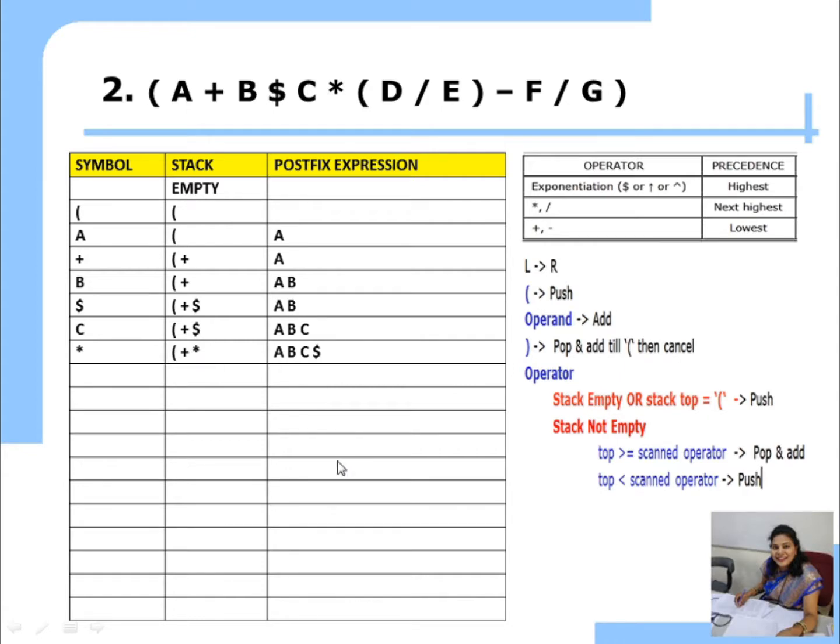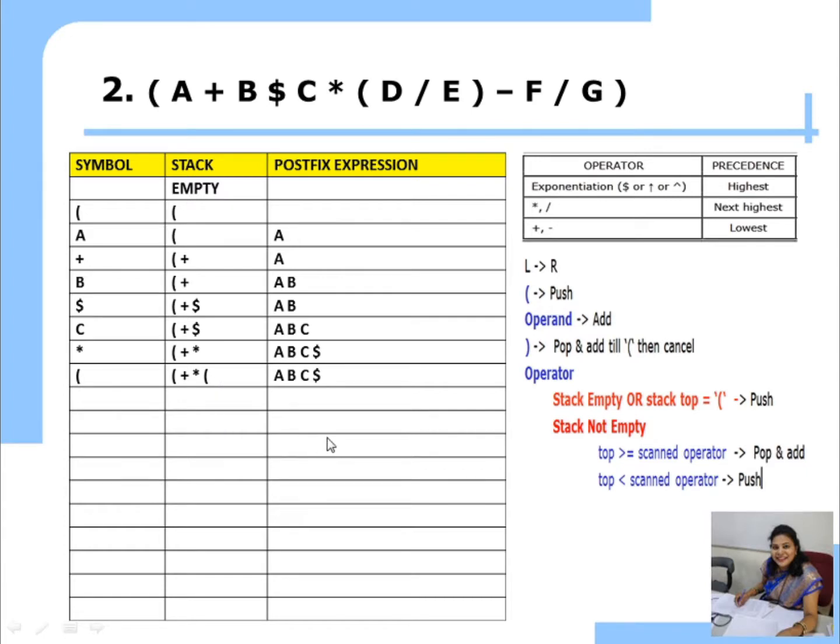Okay. The next, after multiplication, there is an opening parenthesis. So if an opening parenthesis is encountered, you are going to simply push it. So after pushing the opening parenthesis, your stack will be left parenthesis, plus, multiplication and left parenthesis again. See, there are two parentheses to be matched yet. Okay. Whenever we find the matching right parenthesis, it will get automatically deleted.